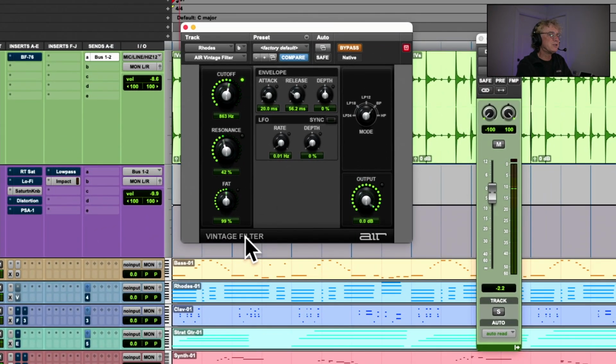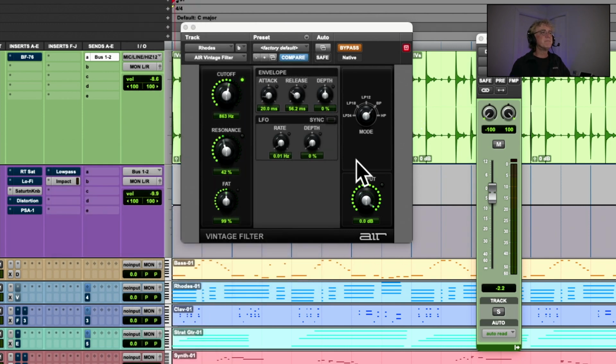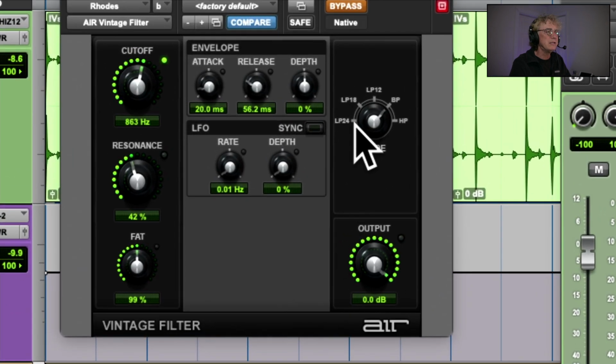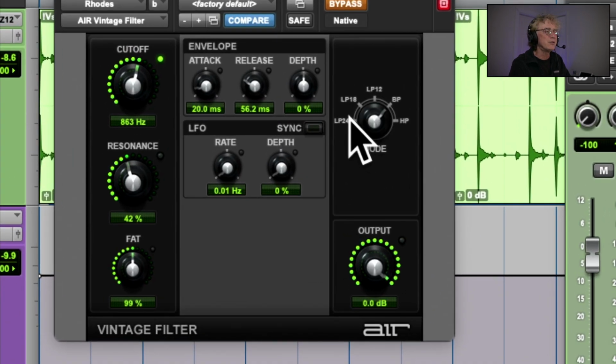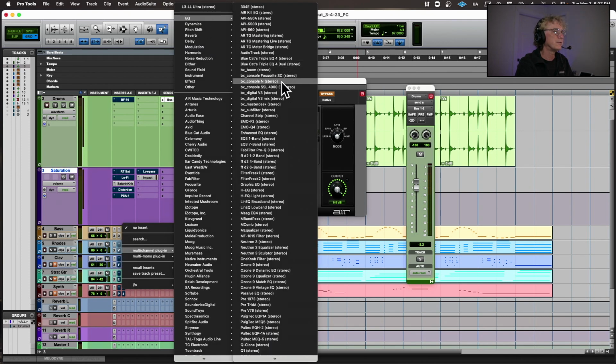So this is a vintage filter. This is also in the Air. If you go to Air Instruments, vintage filter. So this imitates the Moog filter, except it gives you more options of filter types. So it has 3 different kinds of low pass filters, and the higher the number, the steeper the slope, right? So 24 dB, the slope looks like this, and I can show you that a different way. I can show you that here with,